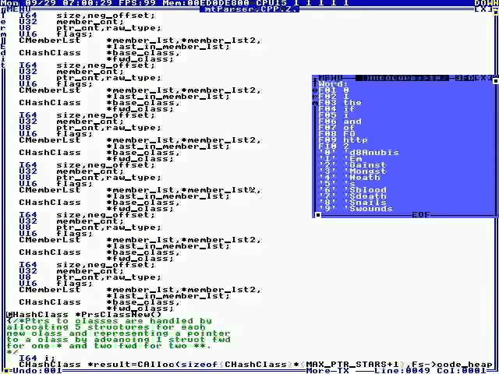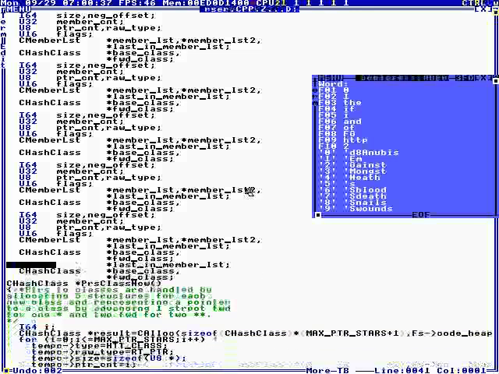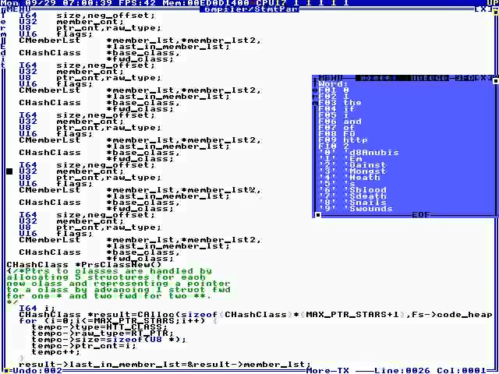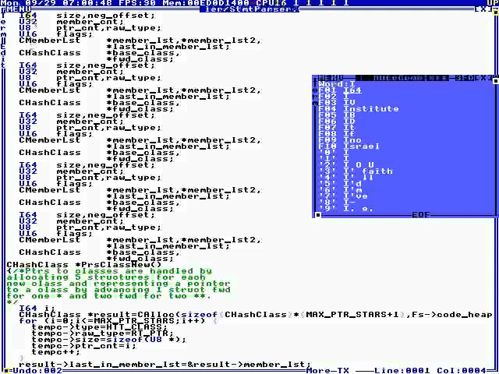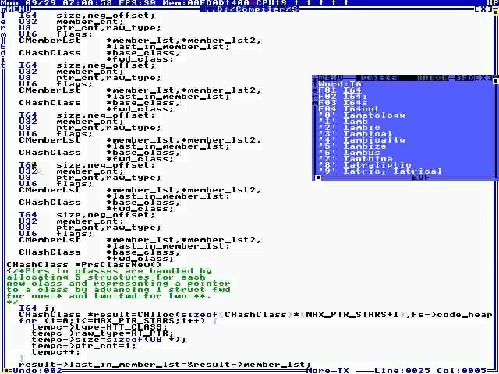We have a structure with 5 of these, and 1, 2, 3, 4, 5, 6. I did 6. Anyway, and from now on, when we talk about a pointer to a class, if it's the class itself, we point here. If it's a pointer to a class, we point here. If it's a star, we point here. If it's a star, we point here. So we can have up to 4,